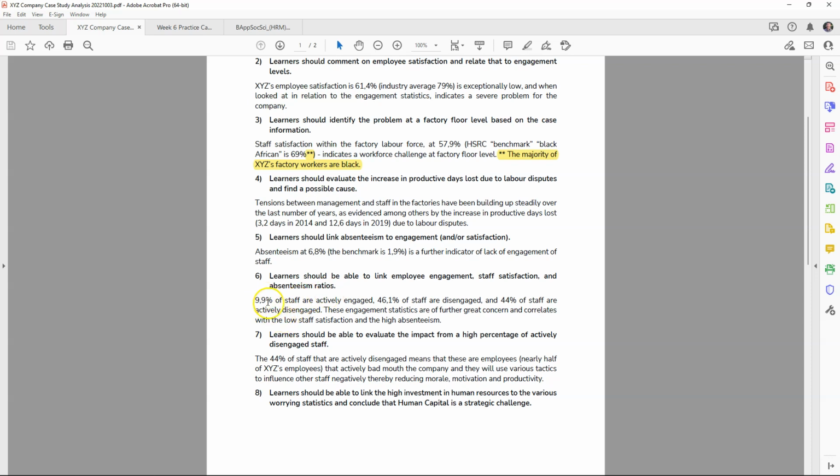So you've already pointed out, in this case, 9.9% of staff are actively engaged, 46.1% of staff are disengaged, and 44% of staff are actively disengaged. And then, of course, these engagement statistics are of further greater concern and correlate with the low staff satisfaction and high absenteeism. So when I developed these case studies, I tried to keep them relatively aligned with reality and my understanding of actual staff engagement